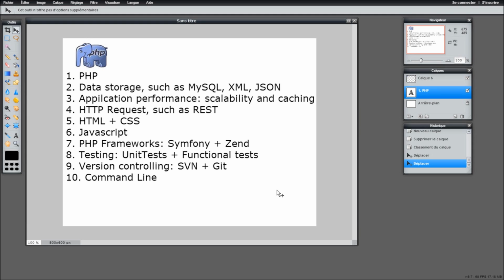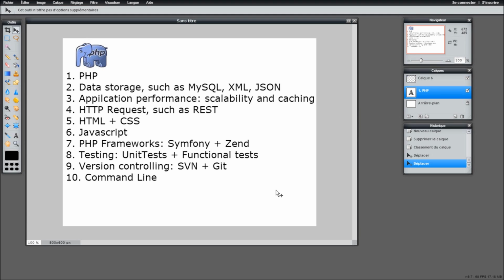Good. So we are not going to do anything with this video. I'm just going to go through these points here. So we have PHP. Of course, we are going to see all the API of PHP. With API, I mean, of course, all the tools. API stands for Application Programming Interface, which means all the functions and possibilities that PHP or the Zend engine made available for PHP developers. So we're going to see all the functions and the methods,